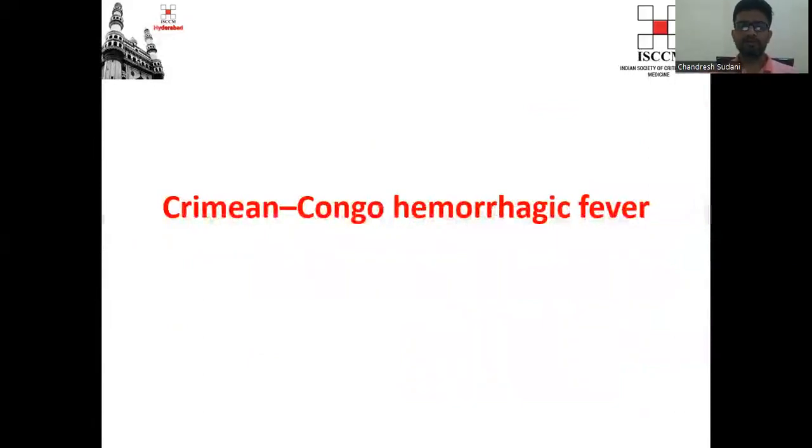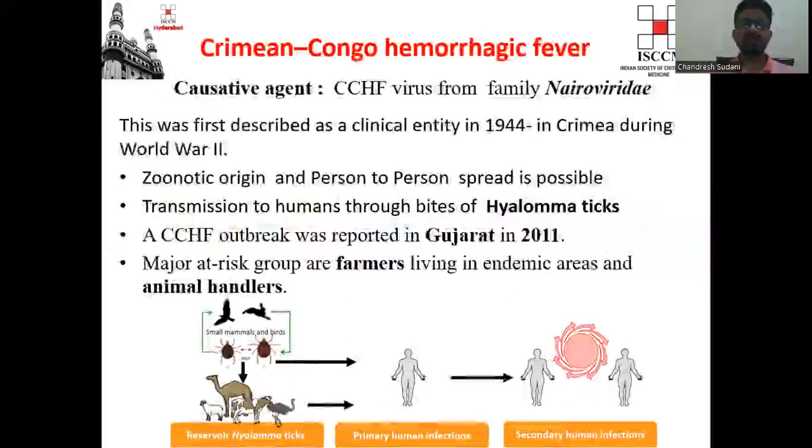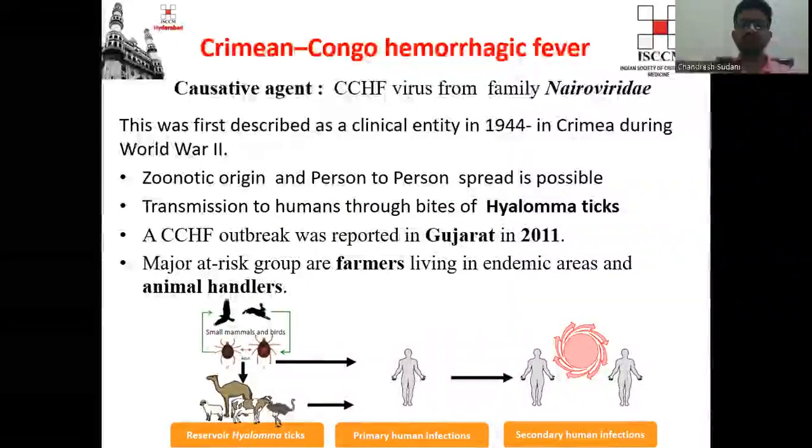Let's talk about a few diseases among them. Let's start with Crimean Congo hemorrhagic fever. This disease is caused by the CCHF virus, Crimean Congo hemorrhagic fever virus. It belongs to the family Nairoviridae. This disease was first described in